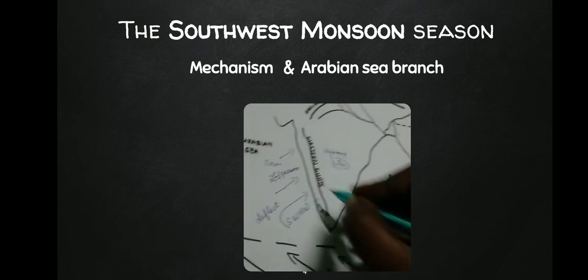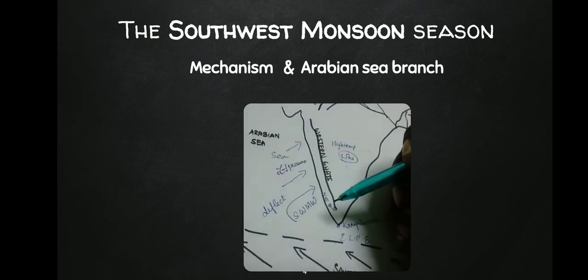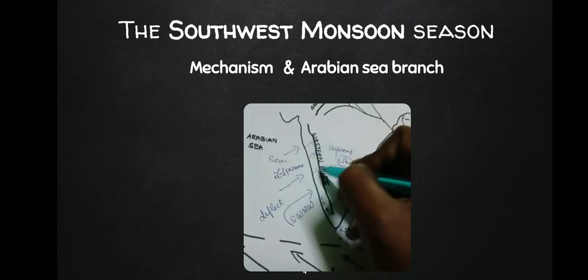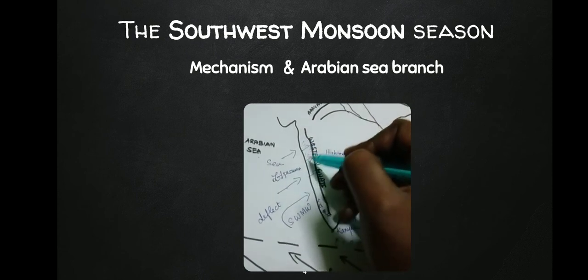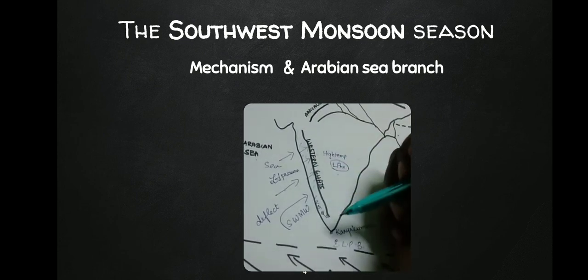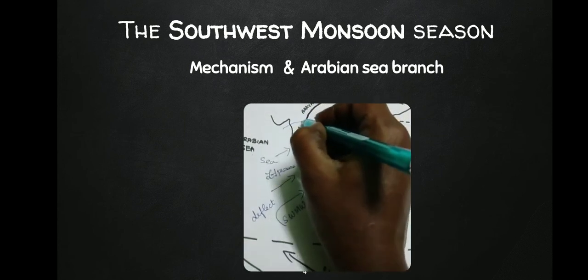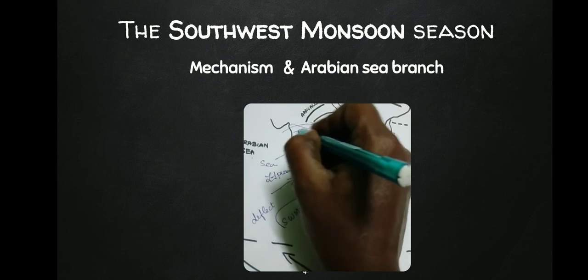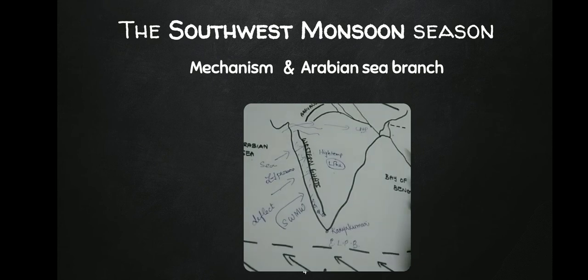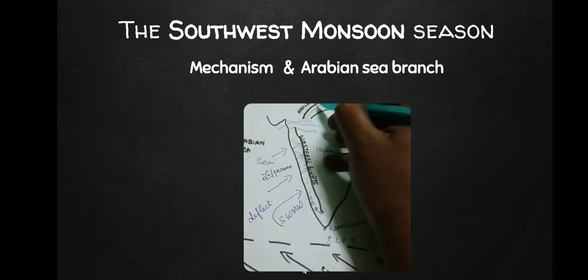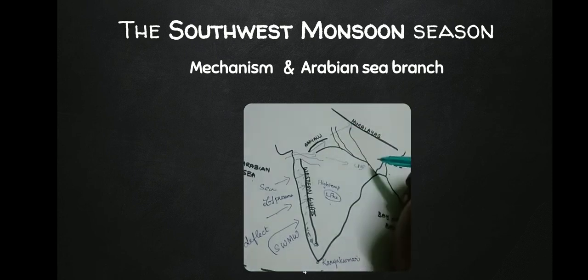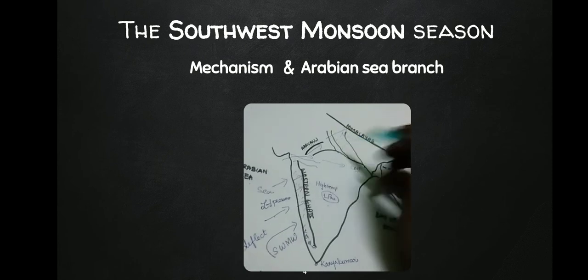And we have seen three branches of the Arabian Sea branch. The first branch is blocked by the Western Ghats. Therefore, the western slopes of the Western Ghats receive rainfall, whereas the eastern slopes, a leeward side, get less rainfall. The next branch passes over river Narmada and reaches Chota Nagpur Plateau to give rainfall. And the third branch passes parallel to Aravalli and hits the foothills of the Himalayas, giving rainfall in the northern plains.